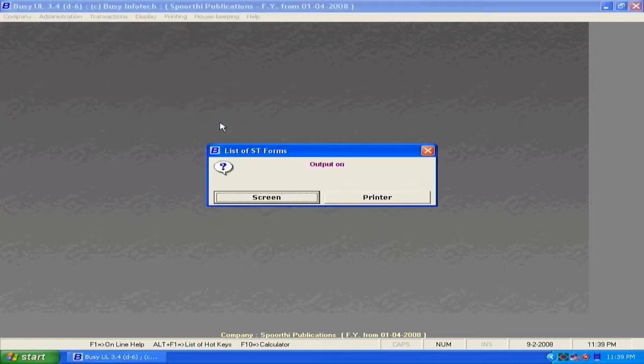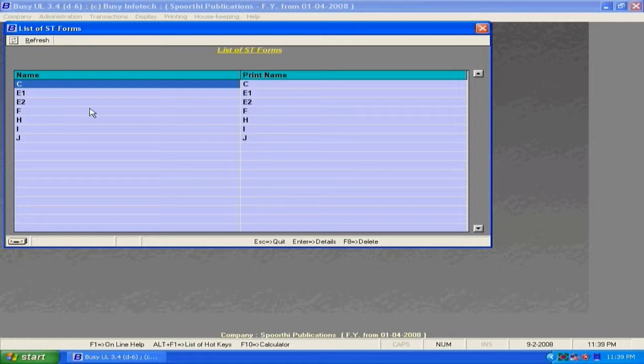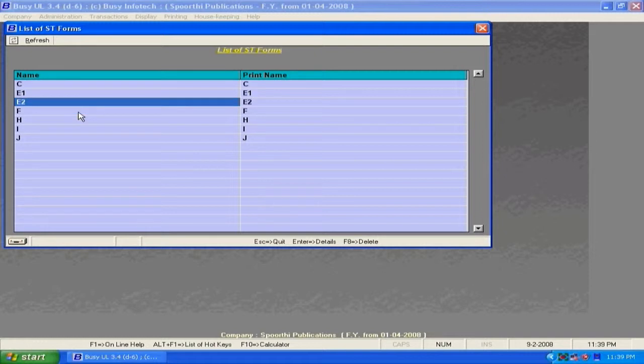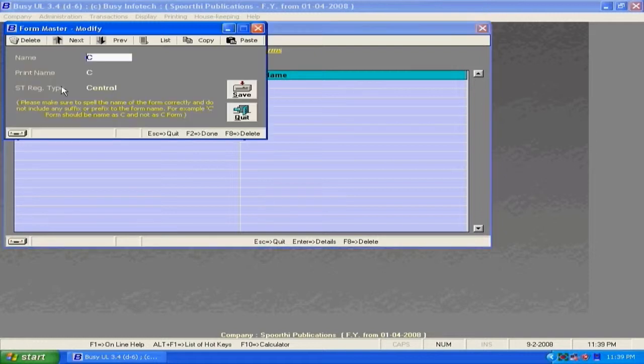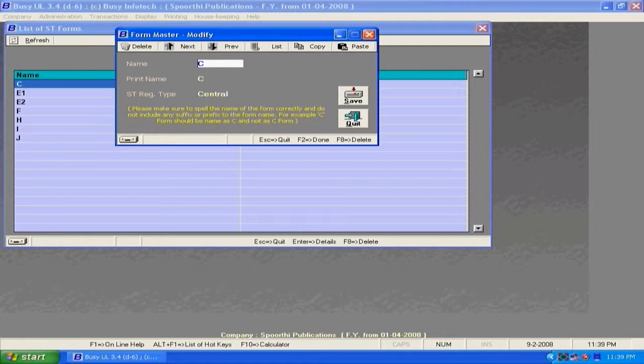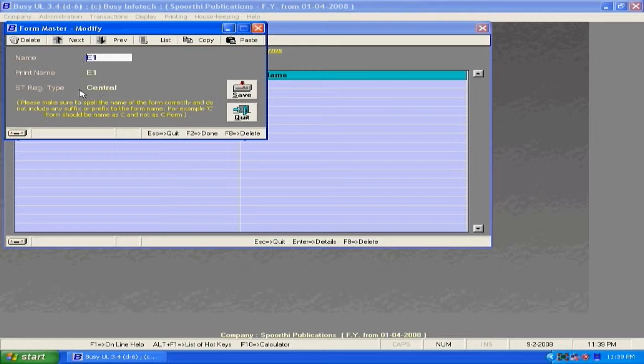You can create different forms that you need to submit. These are all the predefined forms that are given by BUSY.